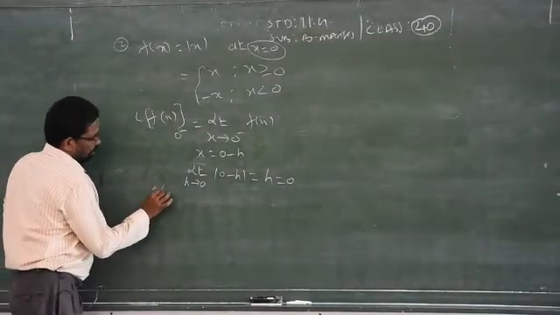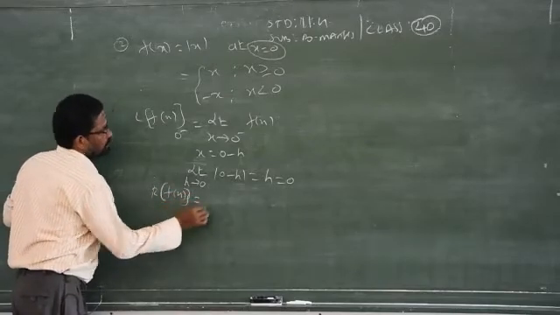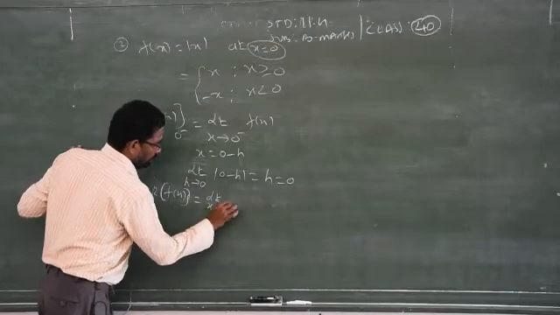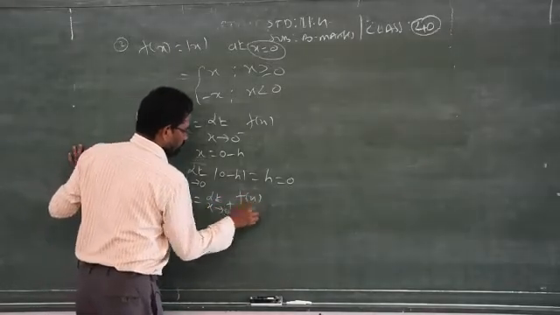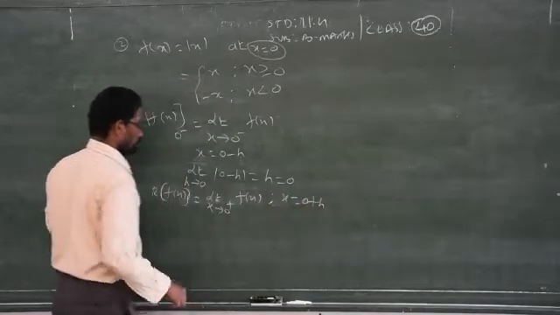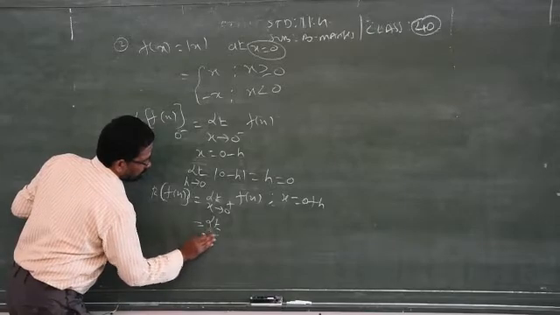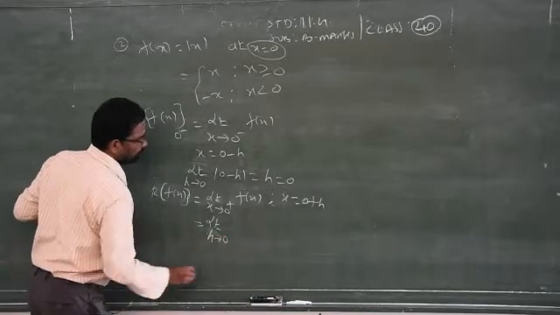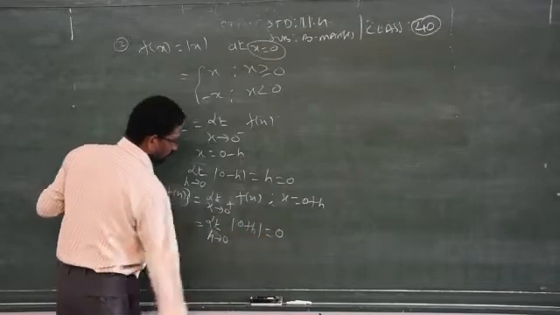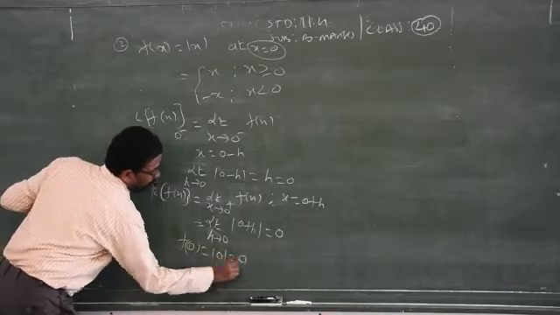Similarly, R of, that is right hand limit, is equal to limit x goes to 0 plus f of x. Again x is replaced by 0 plus h. So replace the limit, that is h goes to 0, modulus of 0 plus h, that is 0 only. Then f of 0 is equal to modulus of 0, which will give 0.